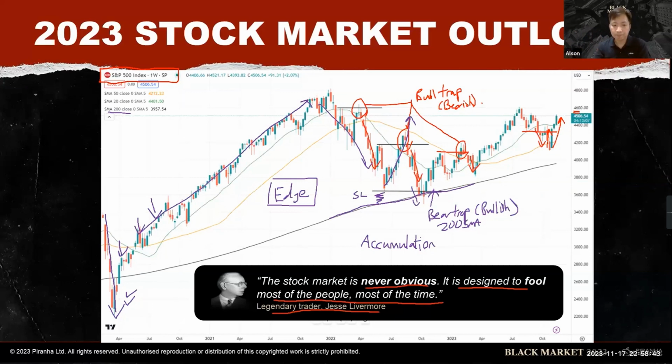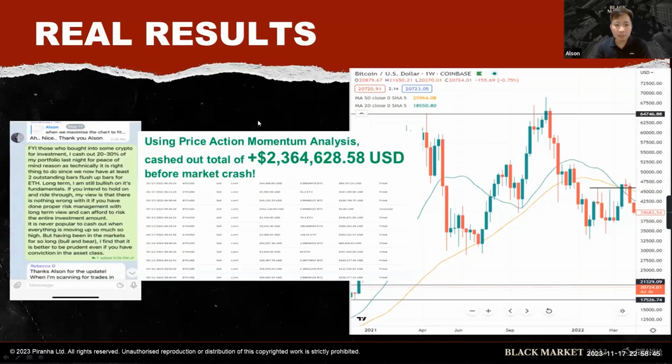Okay? And I'm going to show you guys this not just to impress you, but to impress upon you that what you're going to learn here in price action manipulation is very powerful and is a very serious skill set, right? Because it's a matter of millions of dollars, especially for those of you who have a big portfolio.